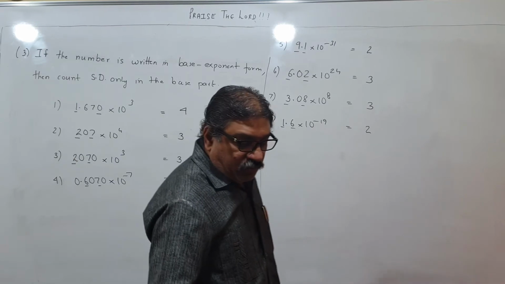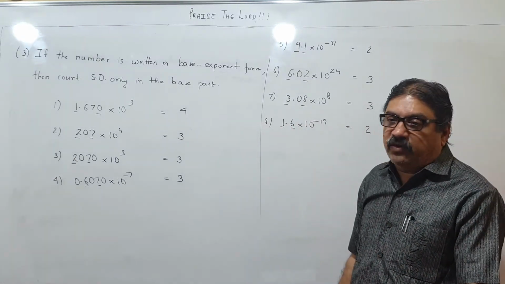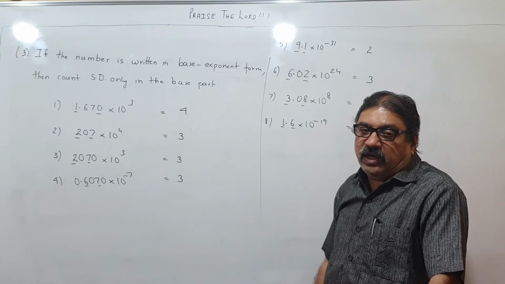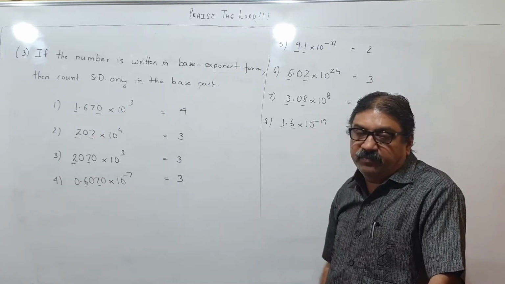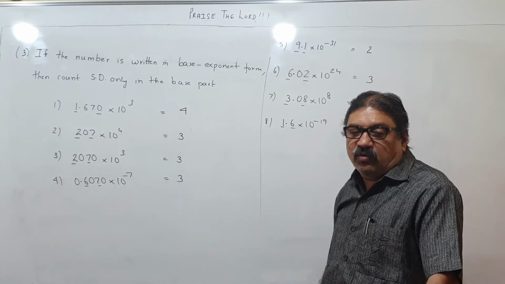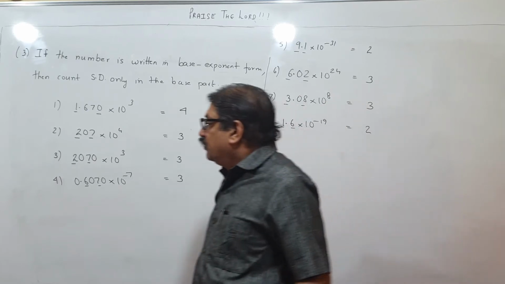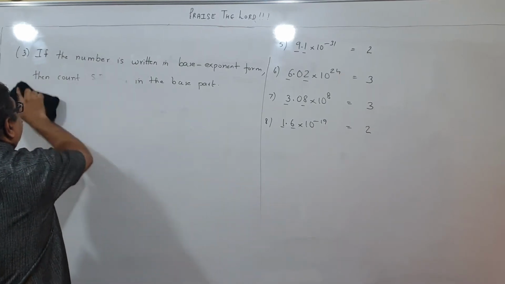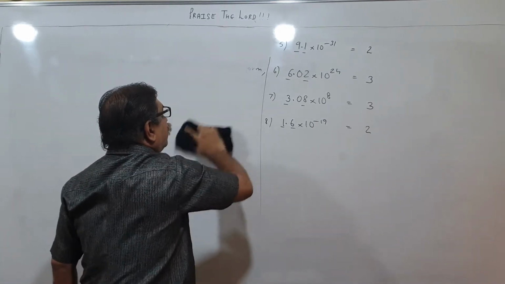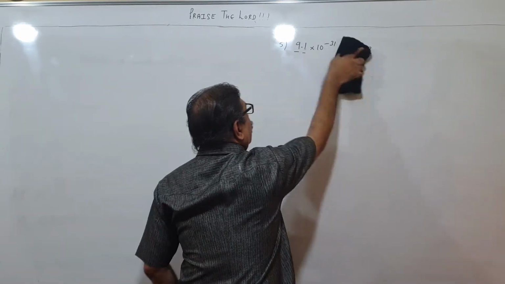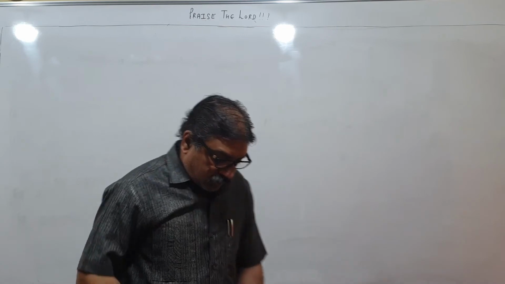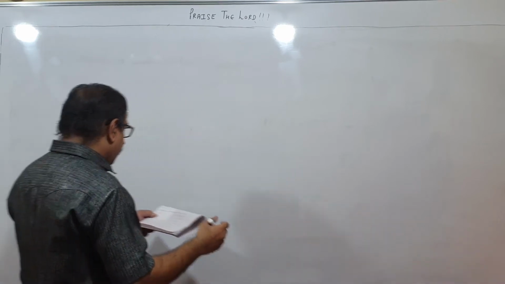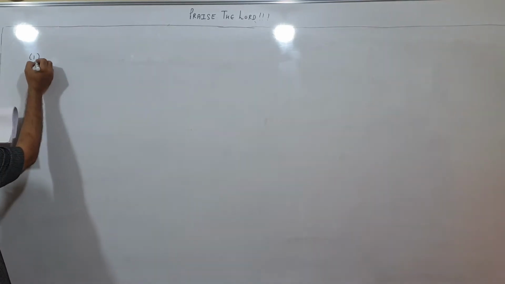Okay? So if there is a number written in the base exponent form, you don't worry about the exponent portion, only count the number of significant digits in the base portion, as we have been doing according to rule number 1 and 2. So if you are clear with the ideas of counting the number of significant digits, then we have to understand the rules. Okay, I'll give you certain sums for practice, then you can write down their numbers. So I'm writing the answers also, then you can make out.